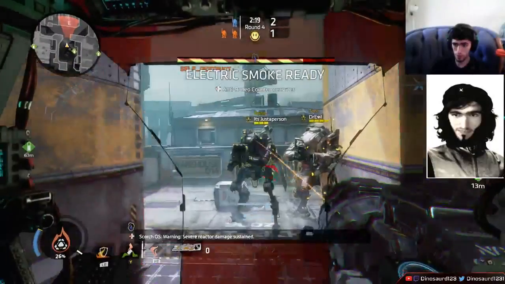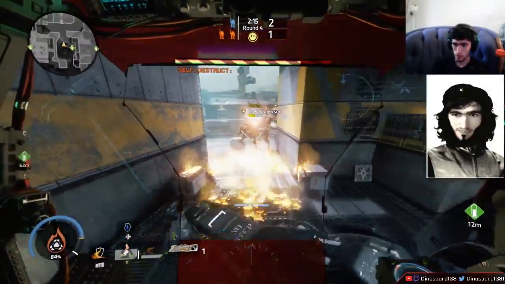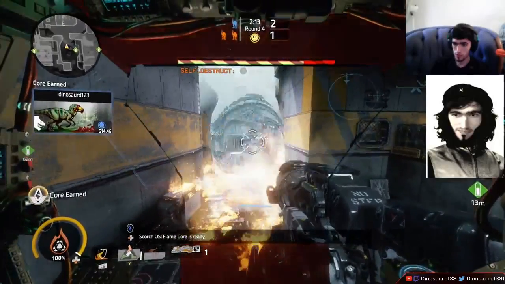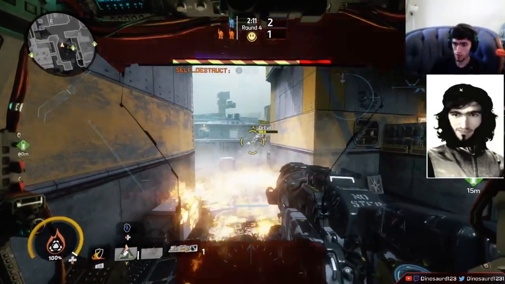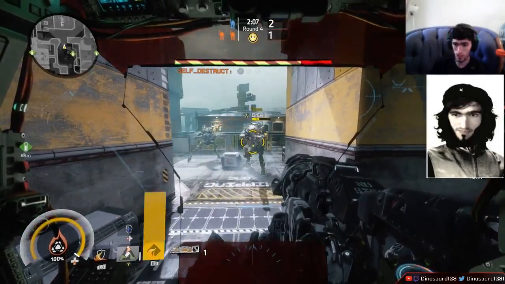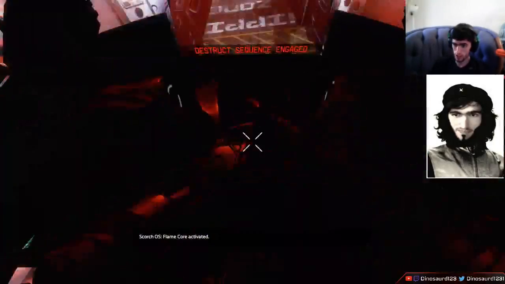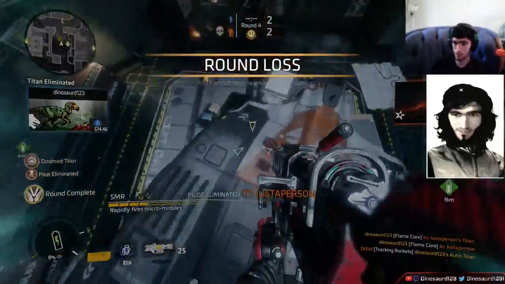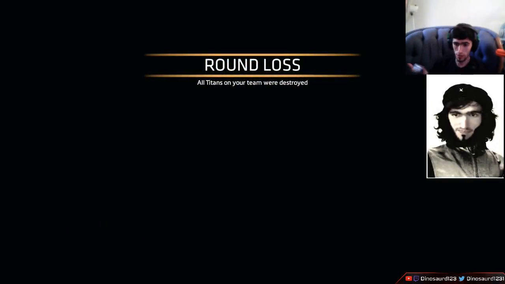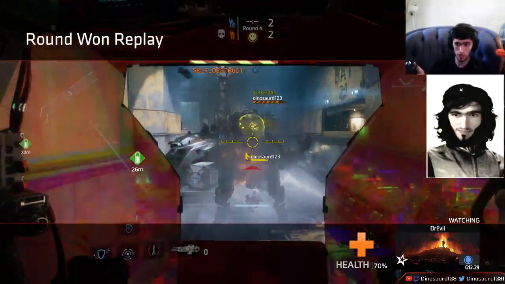So let me go ahead and get my core real quick. Alright, watch out. Okay, so Evil's staying right here. I'm gonna eject as I activate this, and what's gonna happen is my flame core will still kill him, but I'm gonna be up in the air. And there it is. So even though my Titan died, my flame core kept going,